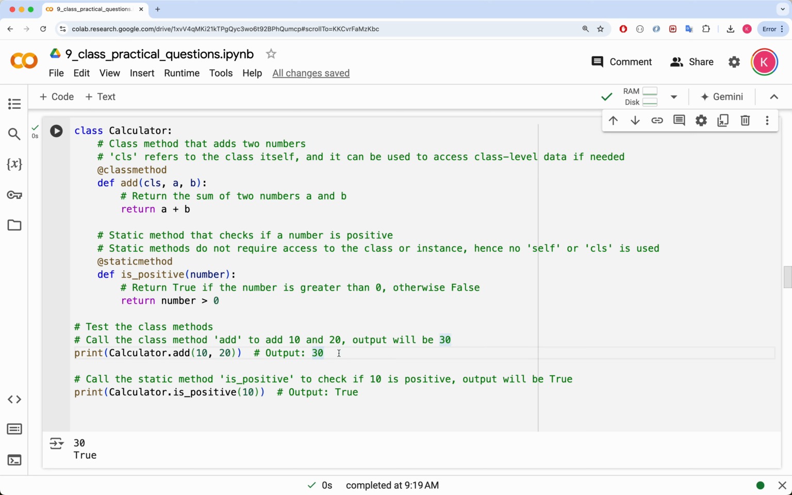specific instances. On the other hand, this _is_positive method is marked with @staticmethod. Static methods don't rely on either class-level cls or instance-level self data. They are self-contained and perform tasks that are related to the class but don't need access to its attributes or methods. Here, _is_positive checks whether a given number is greater than 0 and returns True or False. Static methods are ideal for utility functions like this, which logically belong to the class but don't need any internal